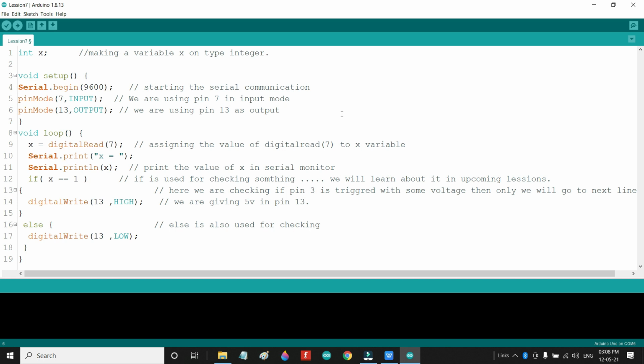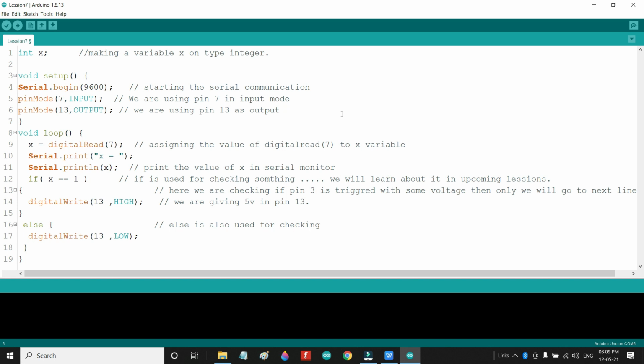But in the next line there is Serial.println(x). It means this line will print the value of x and then go to the next line. So these two print statements will print data in the same line, and after that go to the next line. And what will it print? It will print "x is equal to" and then the value of x.